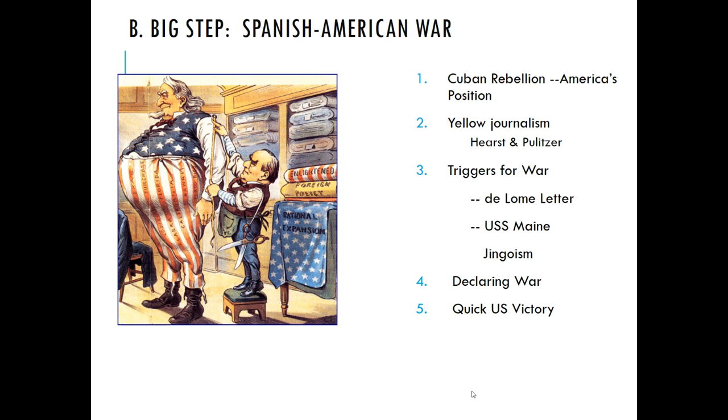So, with declaring war, we ended up having Congress declare war in April of 1898. And this war is only going to last for about 4 months. Now, when declaring this war, we ended up also passing with the declaration the Teller Amendment. And the Teller Amendment basically said that the U.S. has no intention